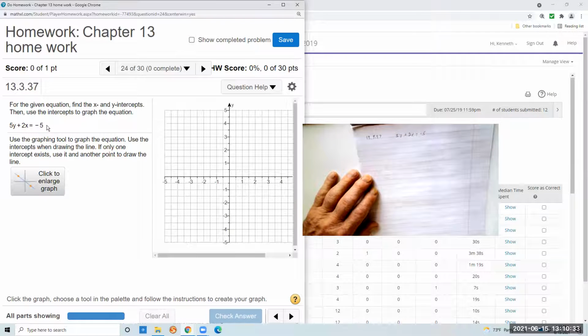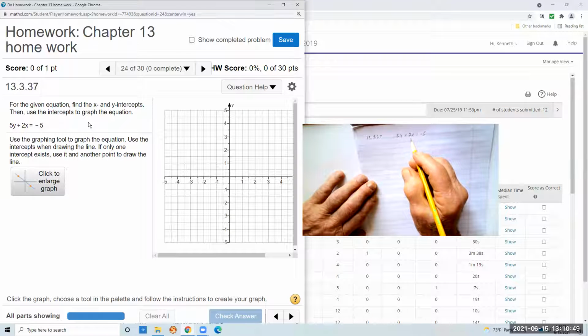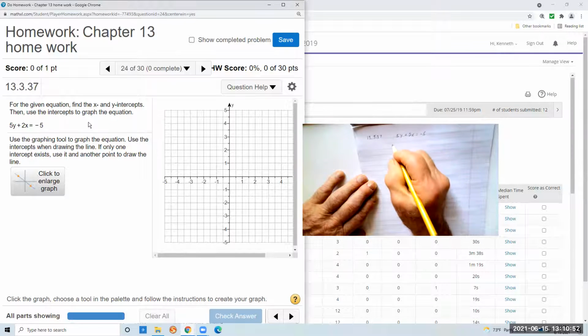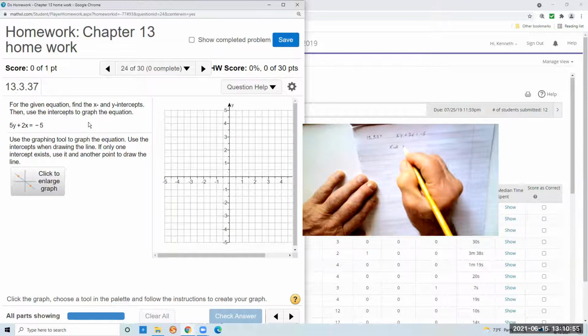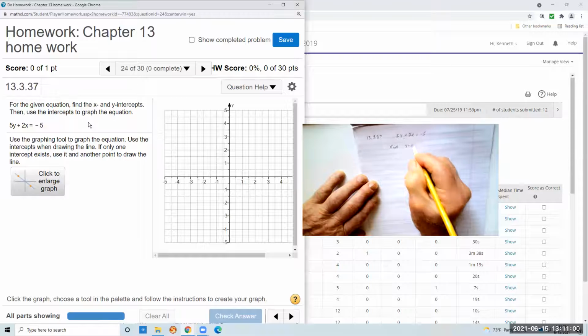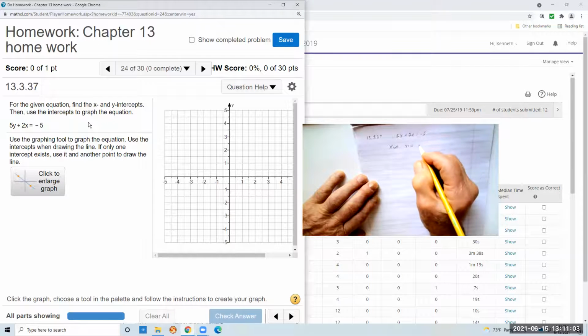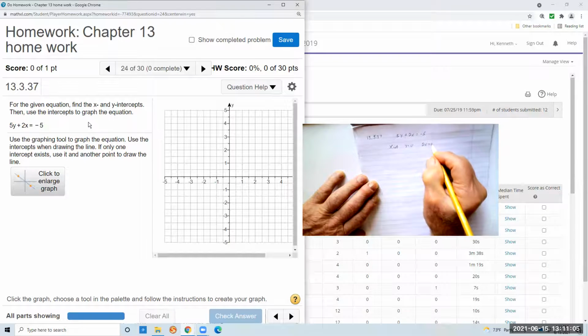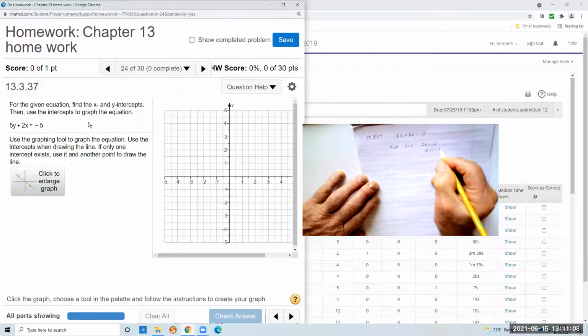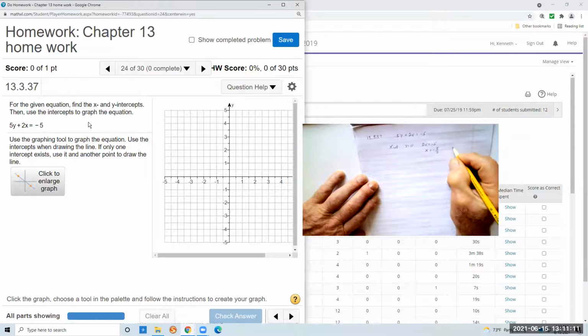Notice that we're asked to graph this equation, but we're asked to do x and y intercepts. So if you do not plot the intercepts, even though you may have the correct line, the problem is going to be marked wrong. So we have the equation 5y plus 2x equals -5. If we want the x-intercept, the x-intercept means we're crossing the x-axis. That implies that y equals 0. If we let y equal 0 in the equation above, we have 2x equals -5. Therefore, x is equal to -5/2. So the ordered pair is